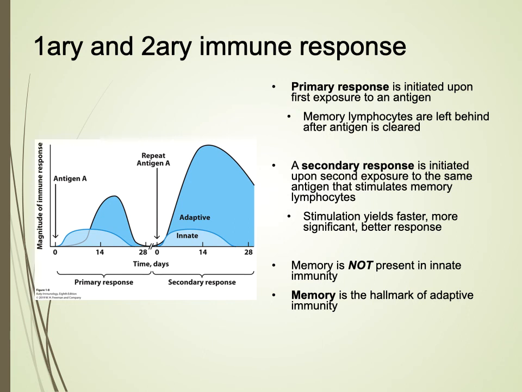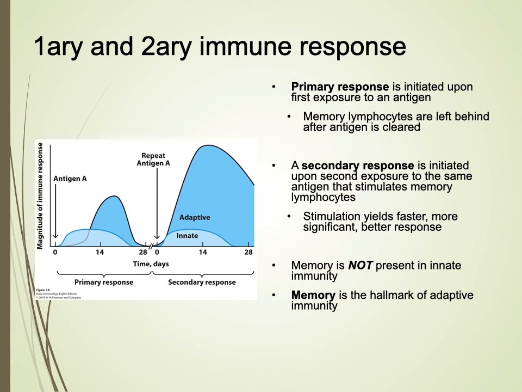And then after that, we're going to get our adaptive T cells and B cells responding, but this takes time, like we mentioned, 5 to 6 days, so we don't see that starting to increase until around that time point, and that's in the darker blue. You can see towards the end of that primary response, it's more the adaptive response that is going to be present.